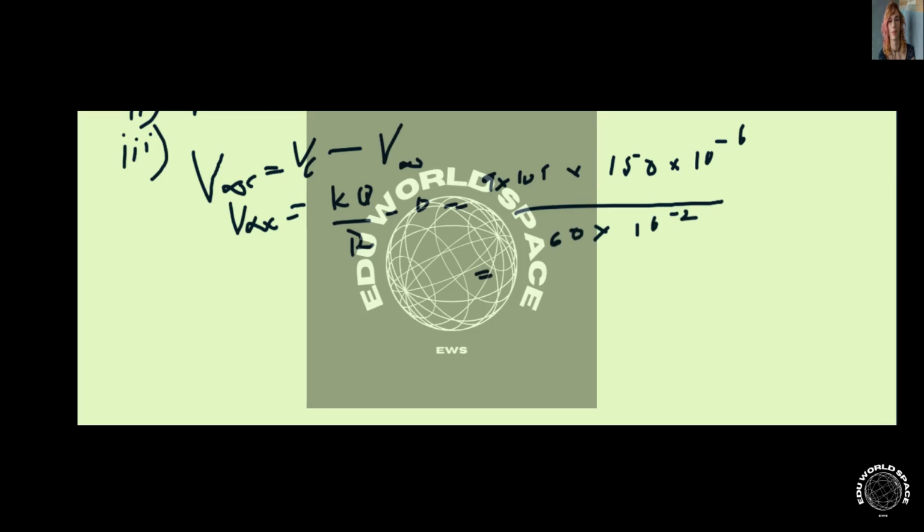If you compute this, we're going to get that the potential from infinity to C is equal to 2.25 times 10 to the power 6 volts. So now if you move on to part 4,